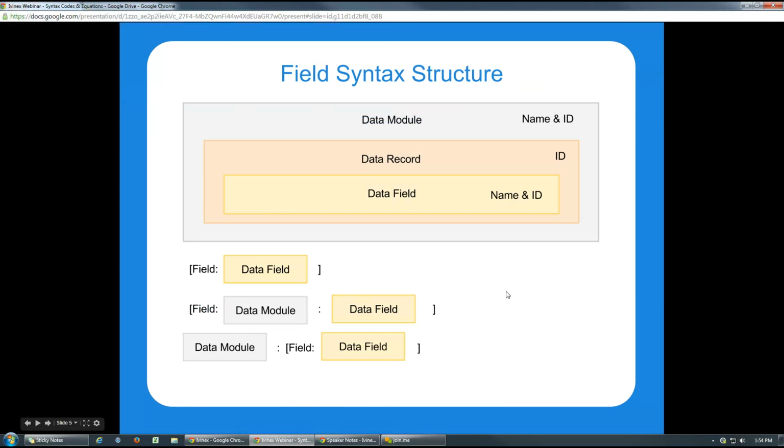All right. These other ones are a little more complicated. Okay, so here's another way you can use field syntax. Same starting point, opening bracket, field with a capital F, a colon, calling to a data module, another colon, then the actual data field, and then close the bracket. So what does this actually mean? The plain language explanation of that is I am asking for a field's data that will be available to me after